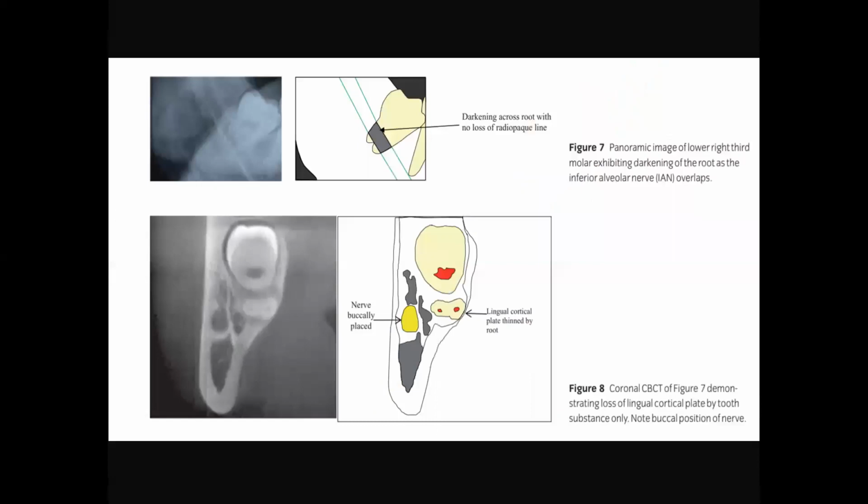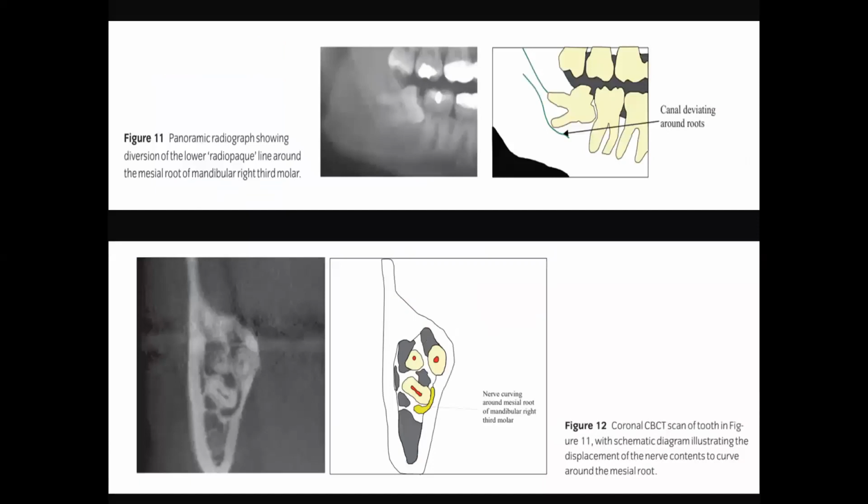Now in a similar structure, you can see there is a darkening shadow present there. There is no radiopaque outline well maintained. It is present on the buccal side, and so it keeps on varying. It is not always necessary that it will appear. There are a few cases where it will appear like this, and a few cases where it won't. So we never know. The two-dimensional image has a limitation.